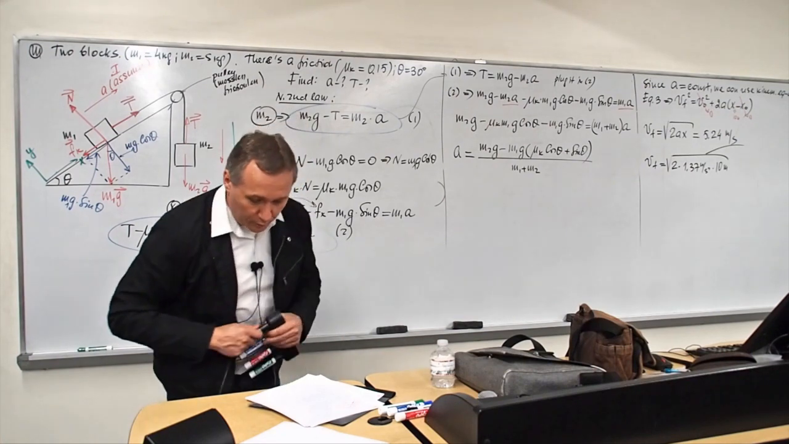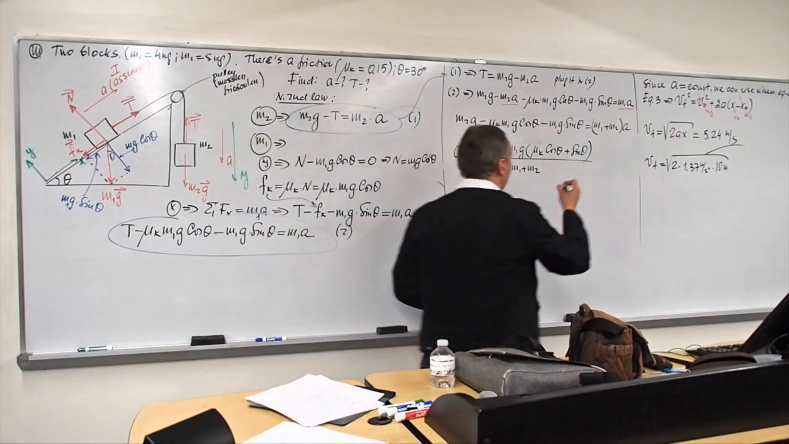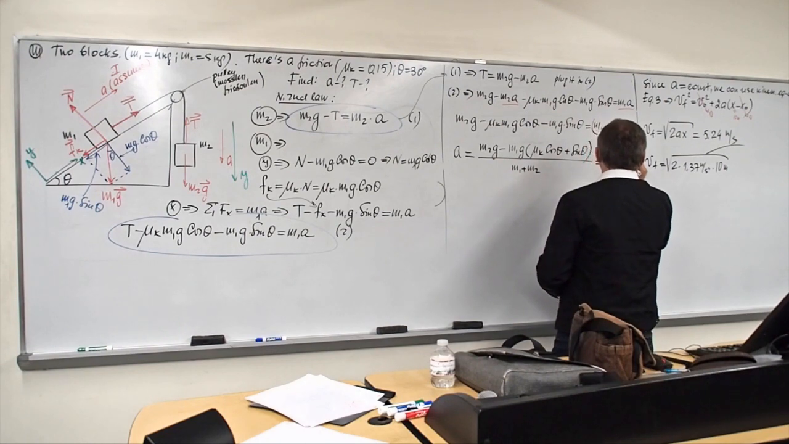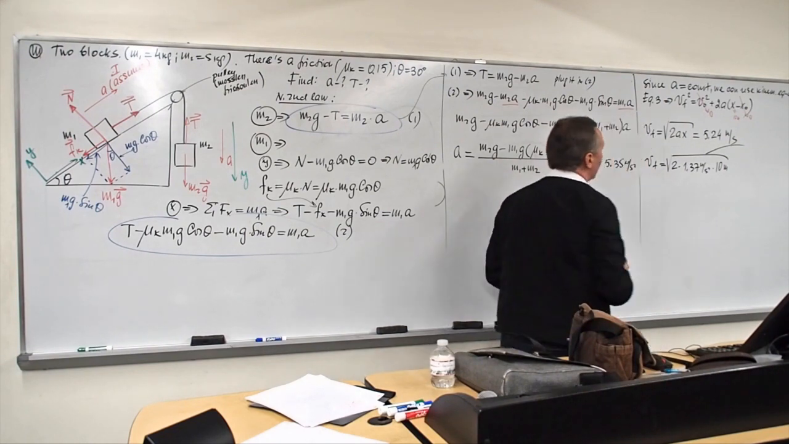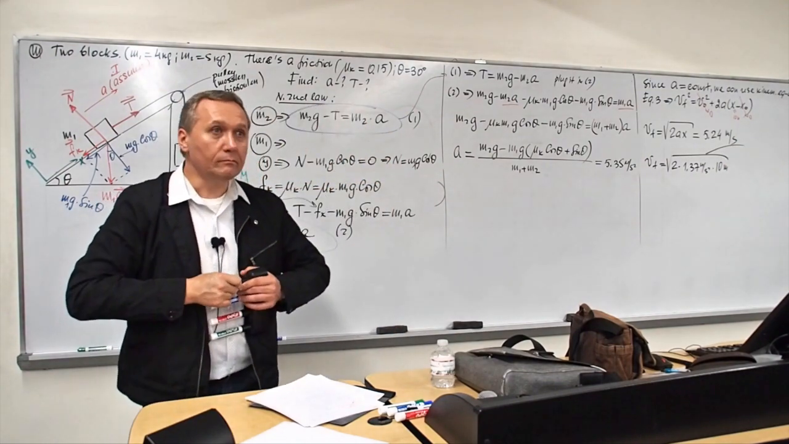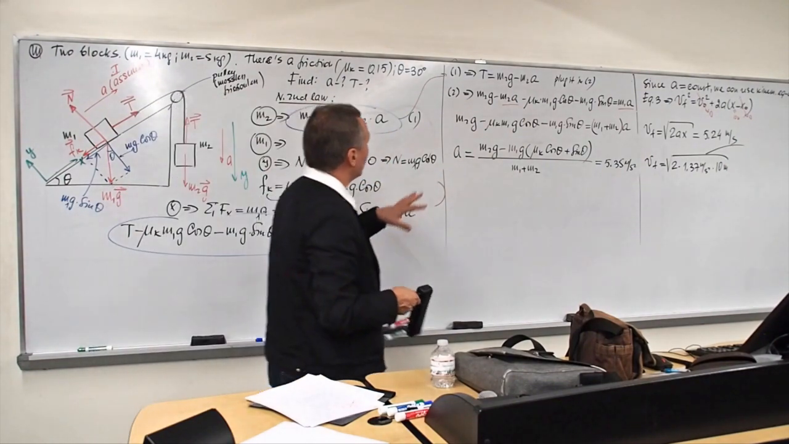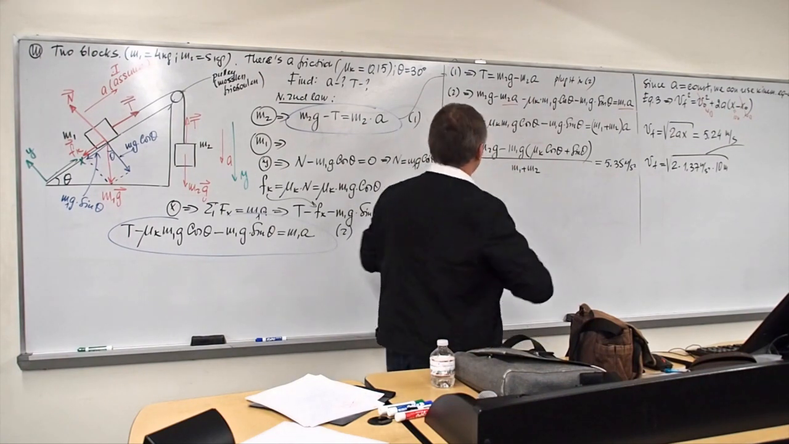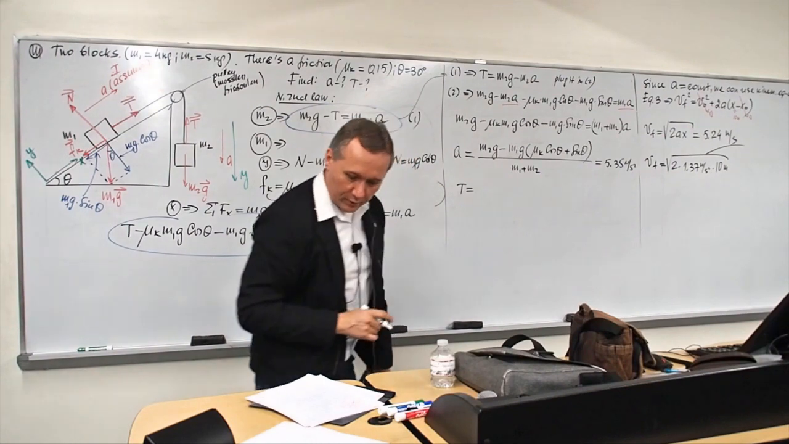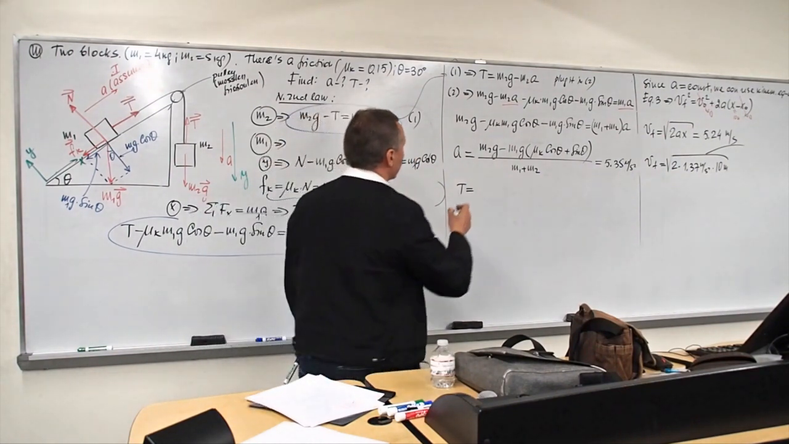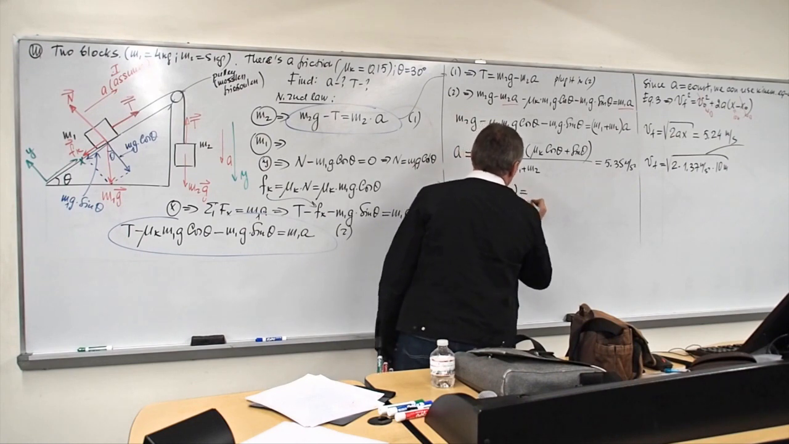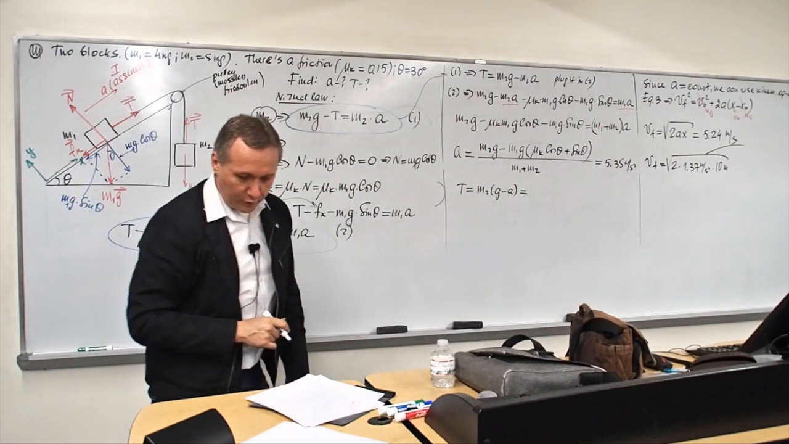So if you plug in all the numbers, you will get a equals 5.35 meters per second squared, more than what we had in the previous problem. And then if you want to know the tension, plug it into this, and the tension can be easily found. M2 times (g minus a), and the answer is 22.25